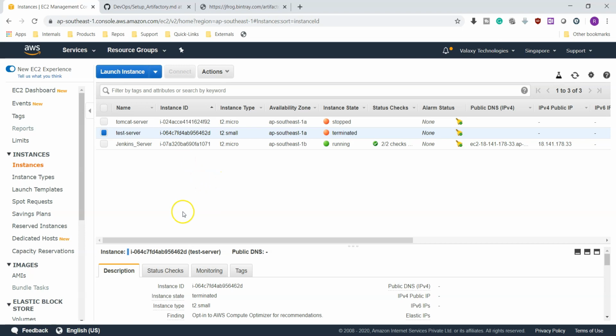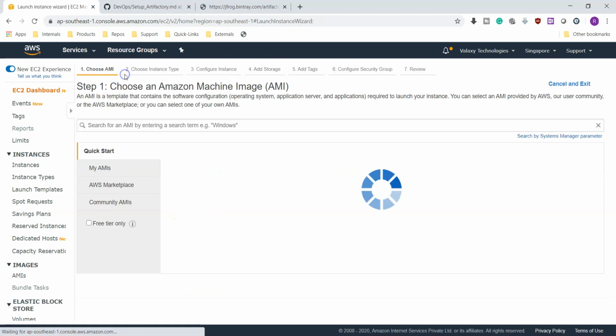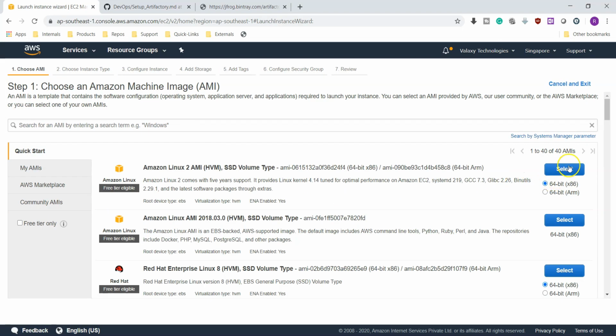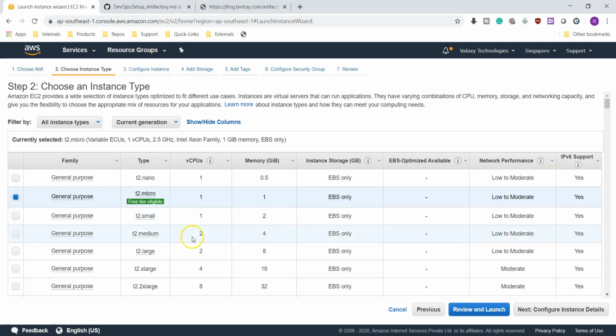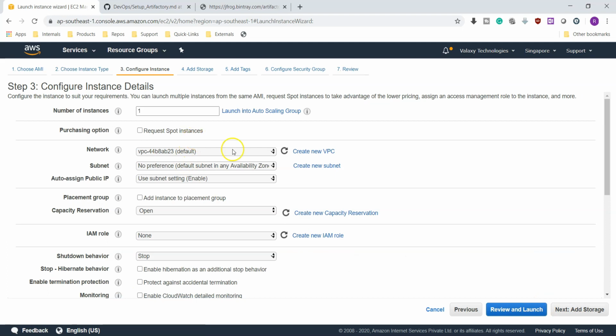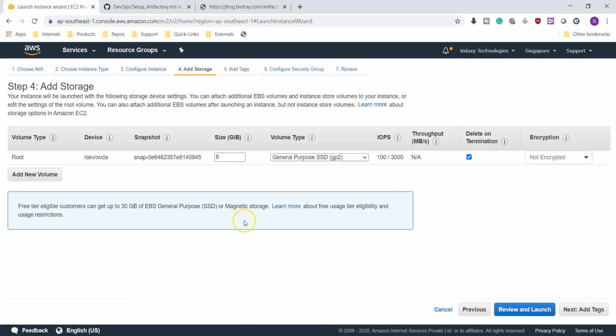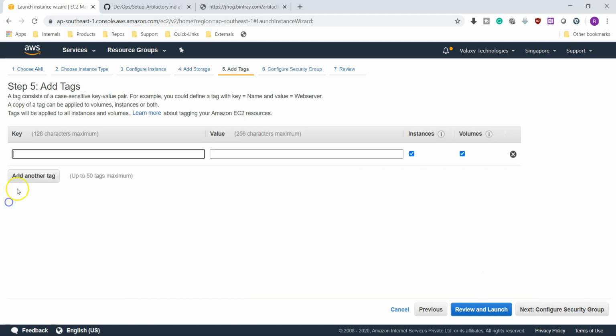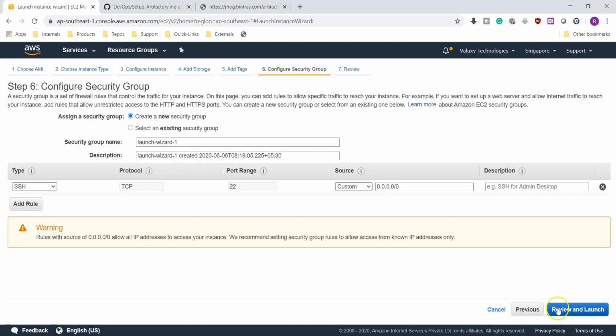I'm provisioning a new instance, so just launch an instance, choosing Amazon Linux, and here I'm going with the T2 small. Next, default options, nothing to change. Here as well, I'm giving the tag name as Artifactory server.